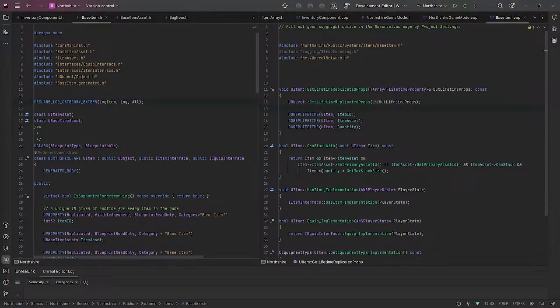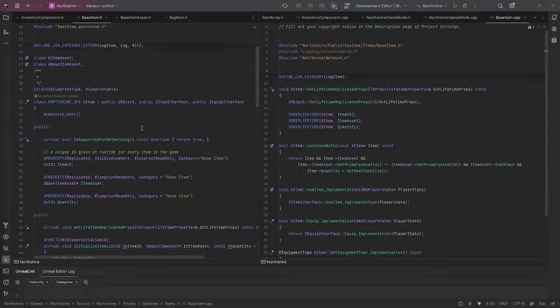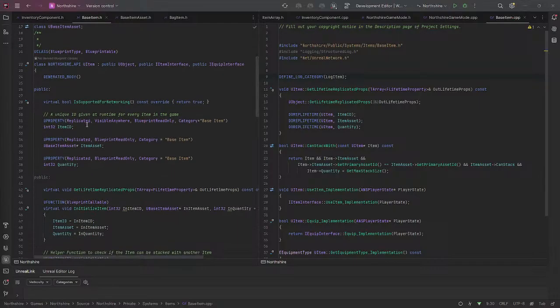Then I want to grab, want it replicated using